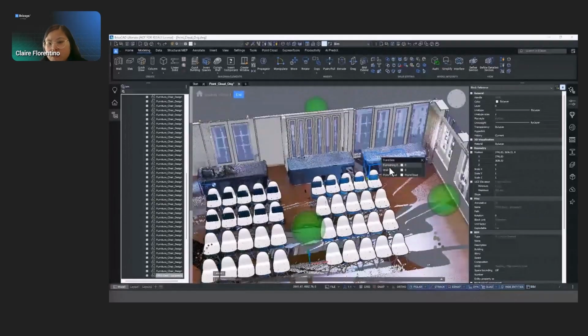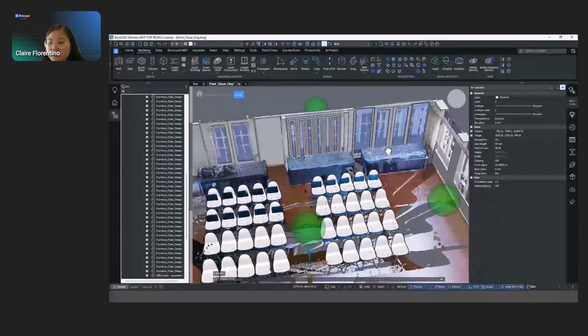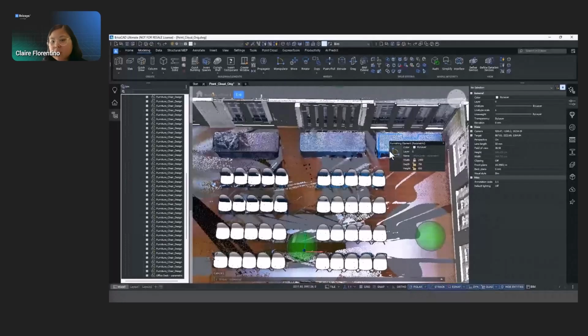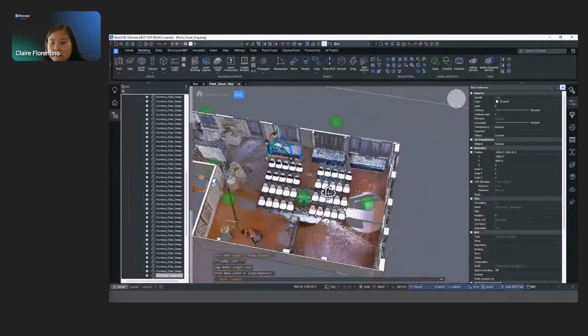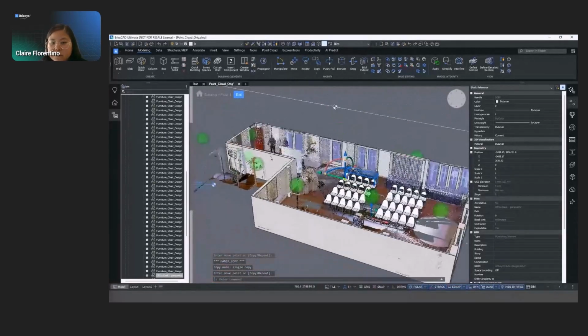So I think we can just sneak in those tables behind, and then we're kind of done with this space. And have that existing condition for the client's records. Okay, so